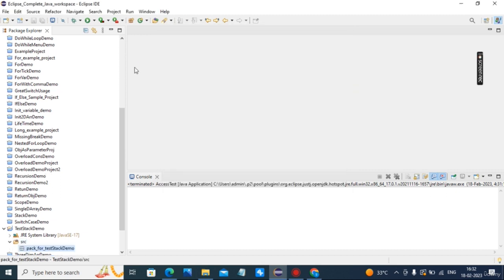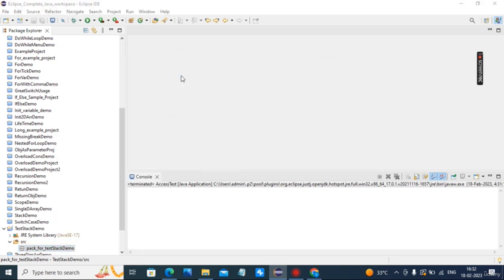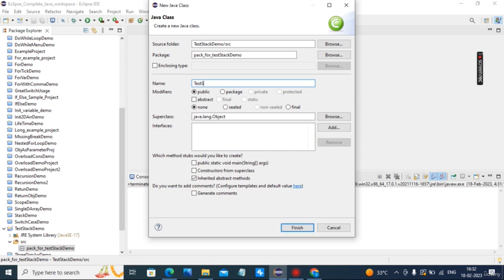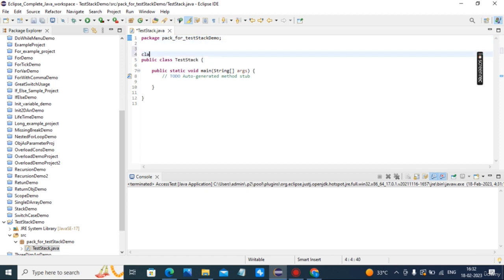Okay, now I create a class called test stack main, with public static void main. Now create a class stack for the actual operations push and pop.